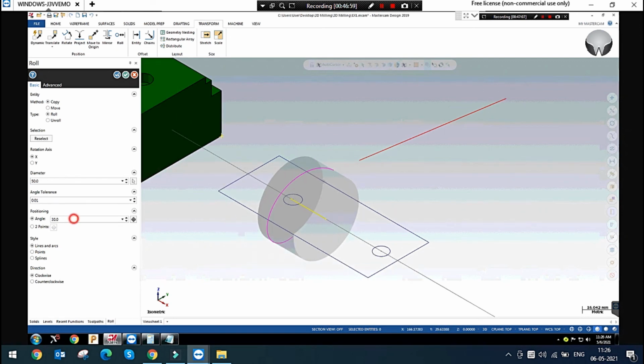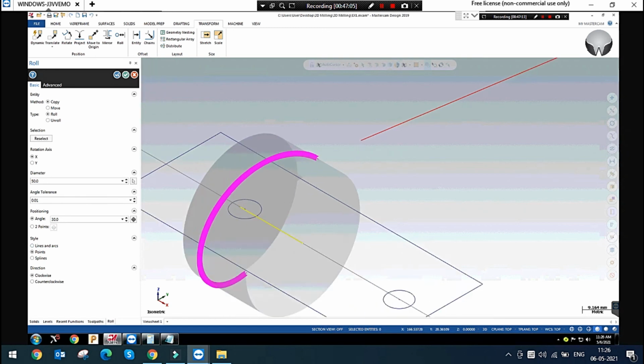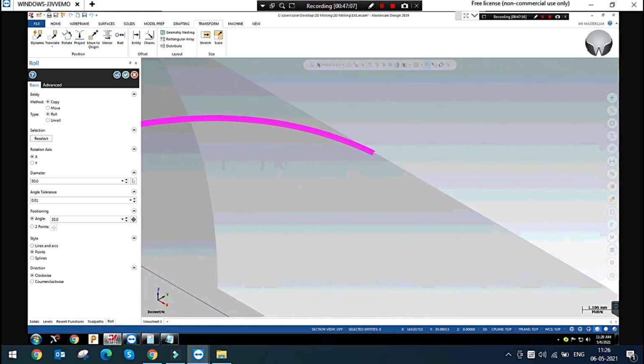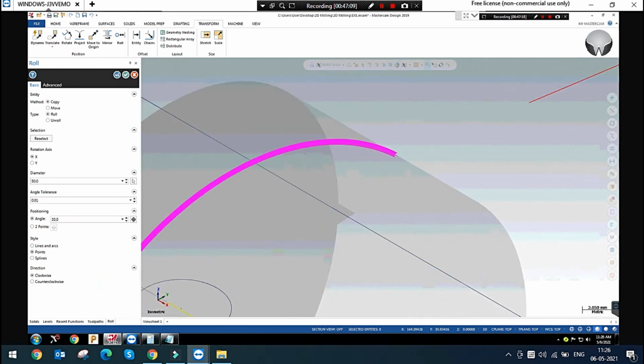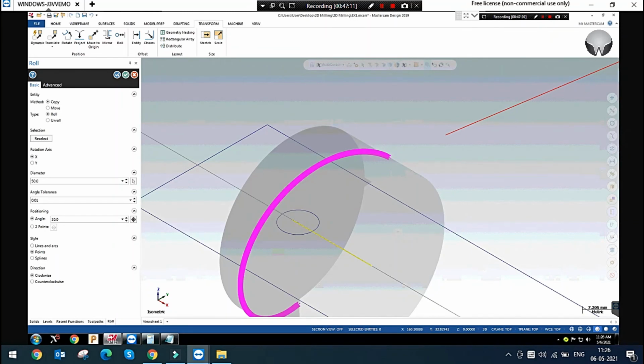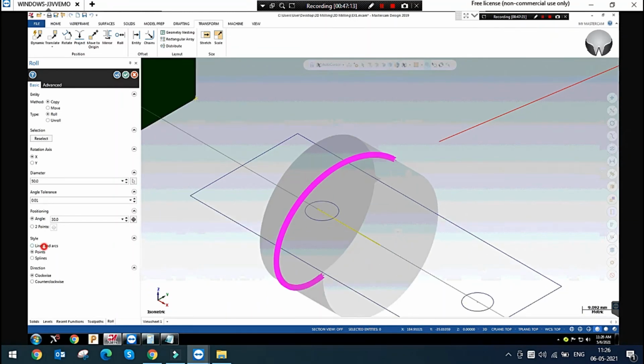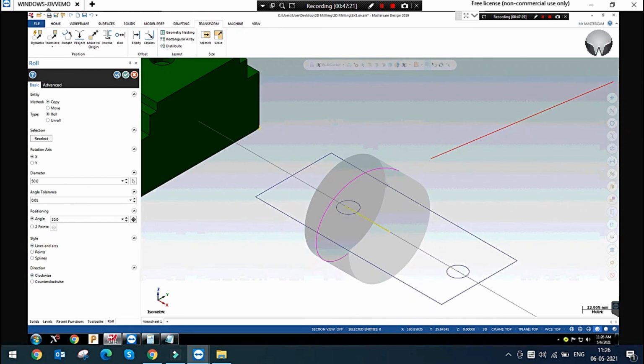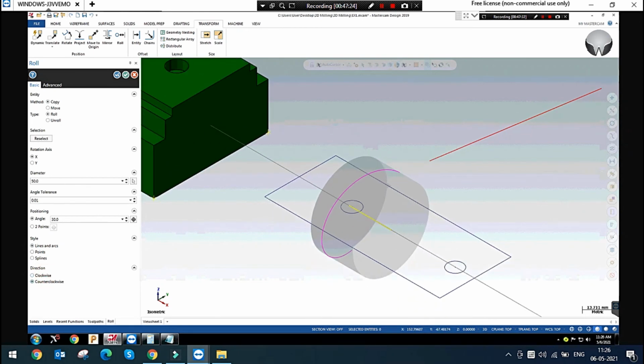This is a short point. And you can give lines and arcs, or only points. You can see this is created only at points, converted to points. This line has been converted to lines and arcs, or points, or spline. If you want a spline, it will be so, and your direction is clockwise or counterclockwise.